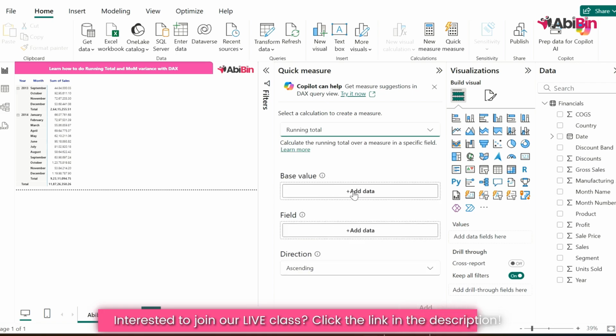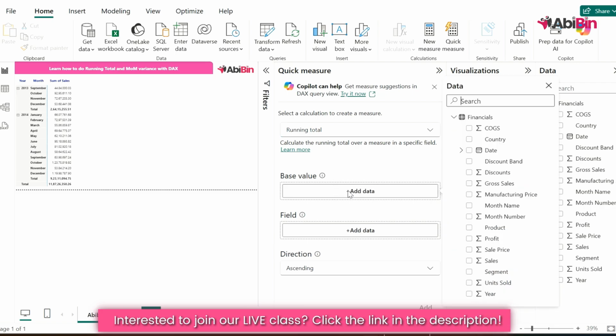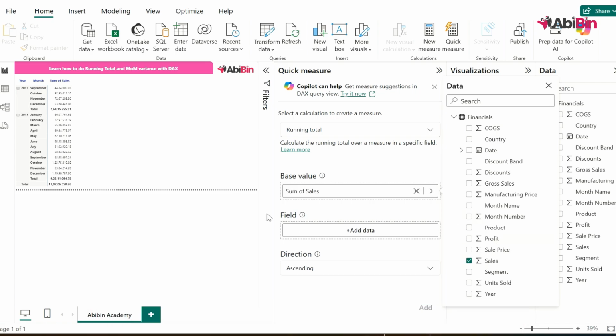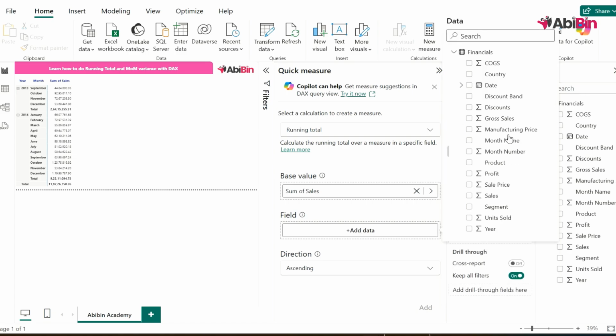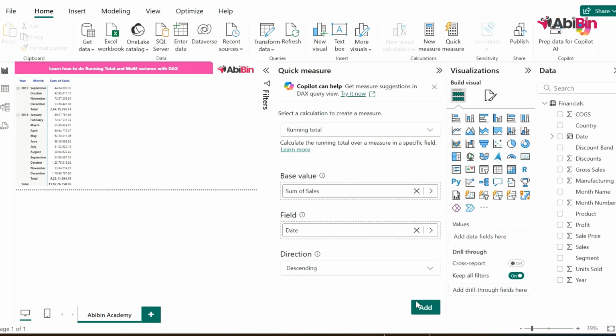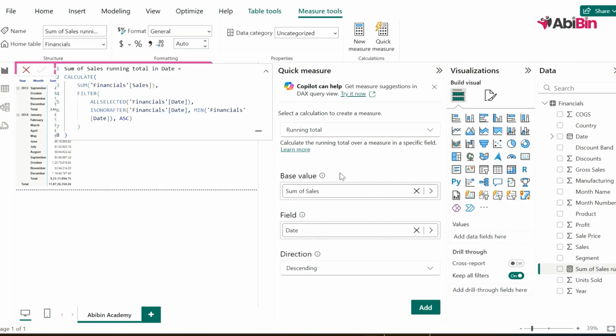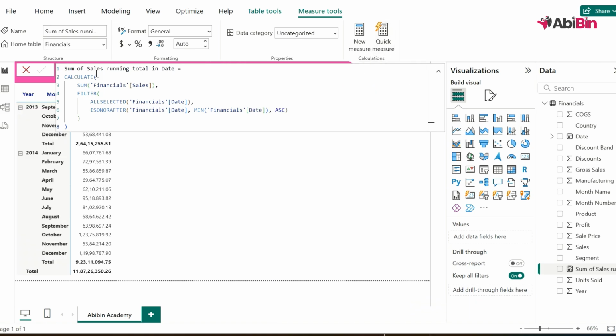One is the base value where you will place the sales amount, right? So I want to calculate running total based on sales amount and with the field date. All right, so I'll click on date from this particular section and let's keep it as descending. Click on add. Now you can see, so I'm just hiding quick measure. Now you can see there's a measure newly created by Power BI itself, sum of sales running total in date,